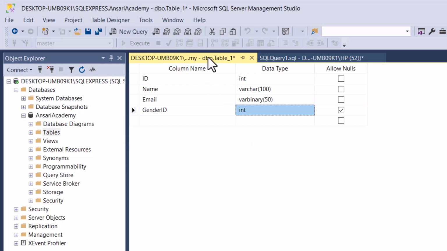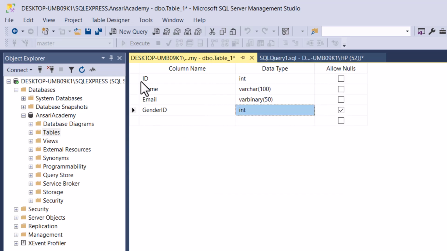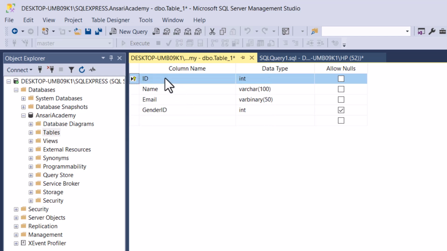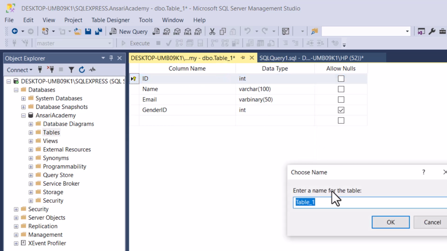After that, if you right click over here, you can see that there is an option to save. Before that, if you select here and right click, you can set it as a primary key. What is a primary key? Primary key means the ID will not be the same for each and every row. I'll show you what the benefit is if you apply a column as a primary key, and I'll explain. Now if you want to save it, just right click on it and then click on save,